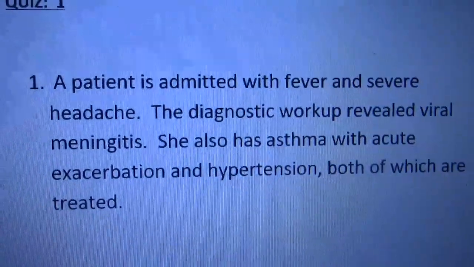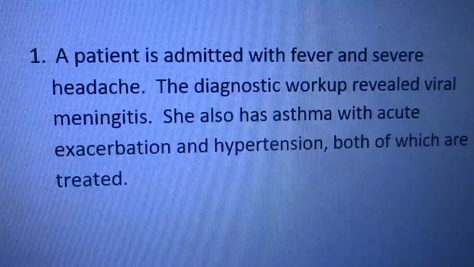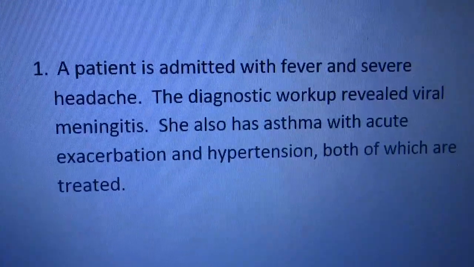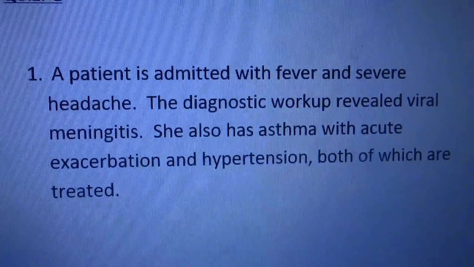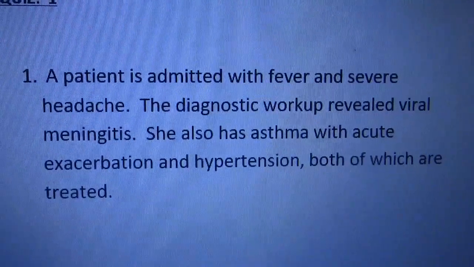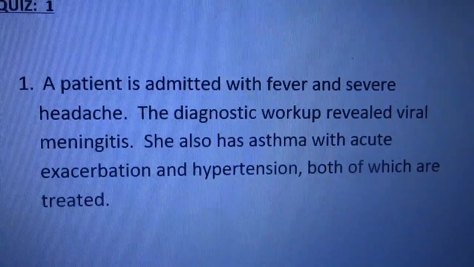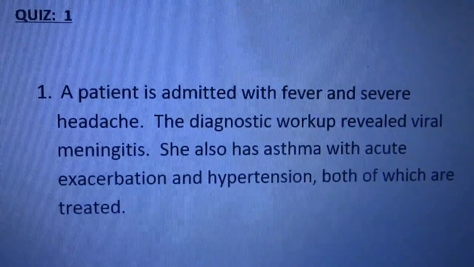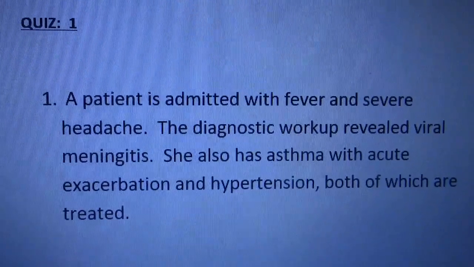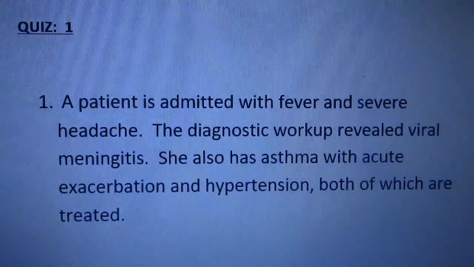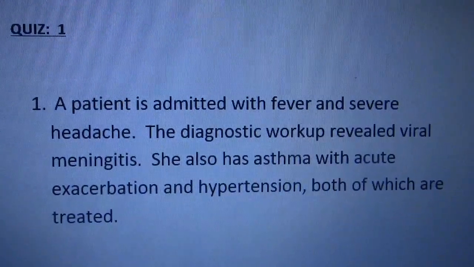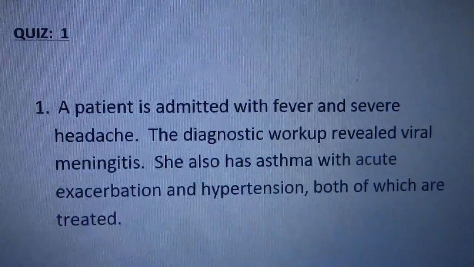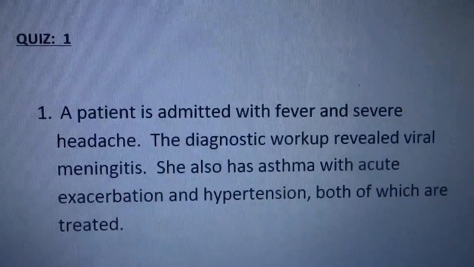a patient is admitted with fever and severe headache. The diagnostic workup reveals viral meningitis. She also has asthma with acute exacerbation and hypertension, both of which are treated. Okay guys, so the key here is your patient is admitted with fever and severe headache, the diagnostic workup revealed viral meningitis. So in all of that wording, the only thing you code is viral meningitis. So if you look up meningitis, viral, it will give you code